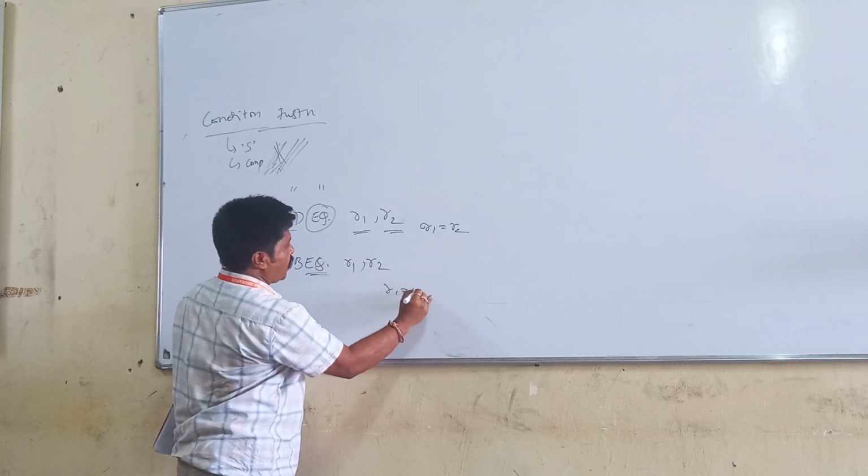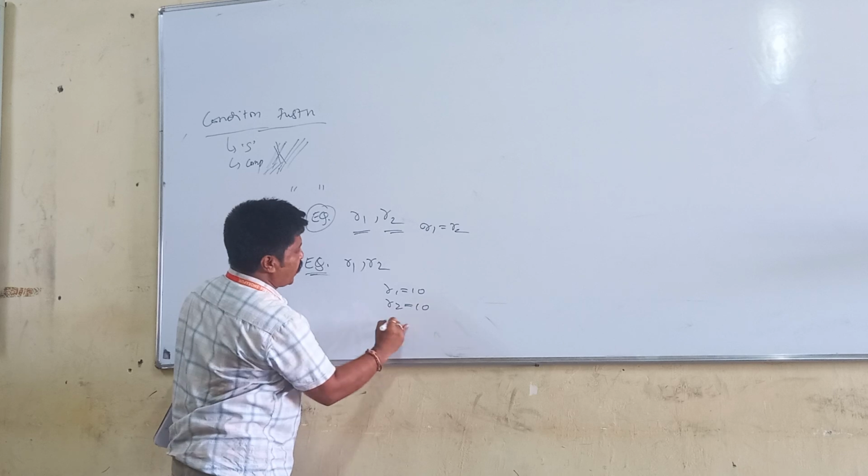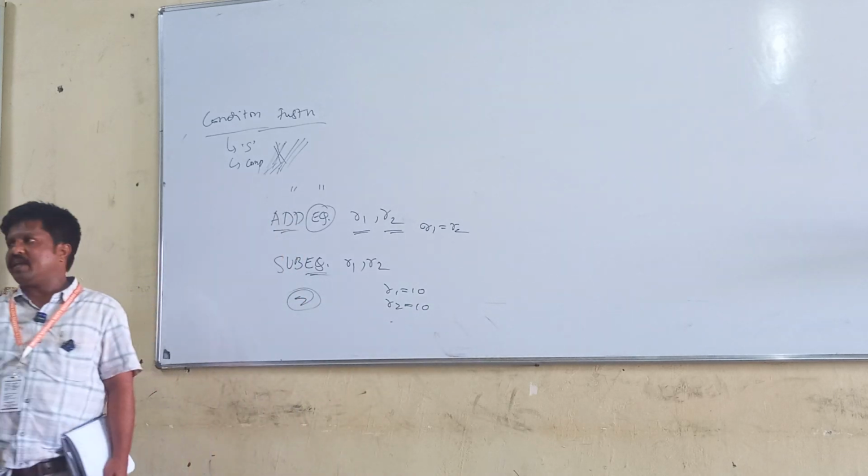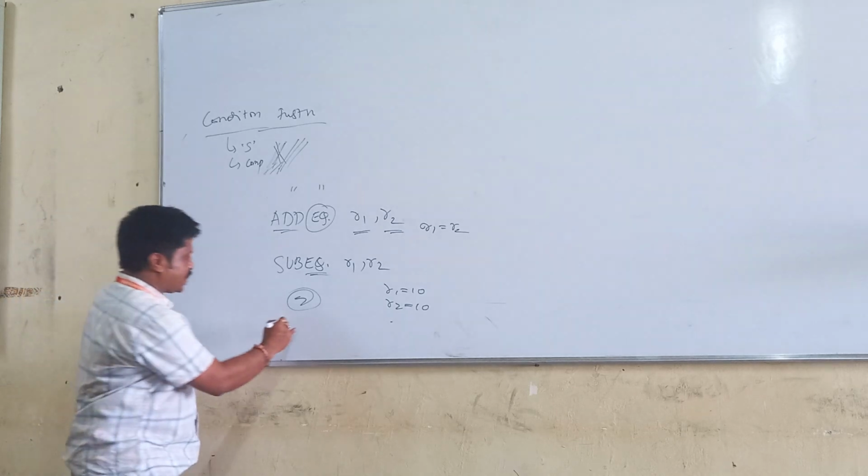R1 equals 10, R2 equals 10. 10 minus 10 is what? 0. Then the zero flag is to be raised indirectly, I am telling here. If I use the SUBS